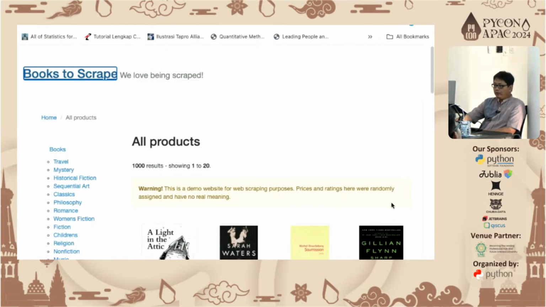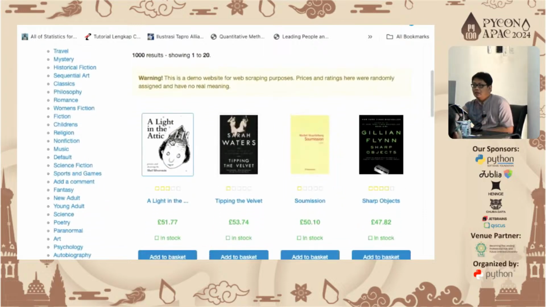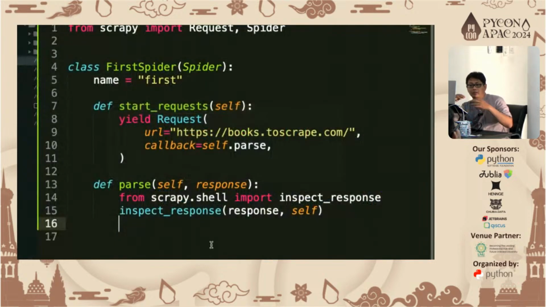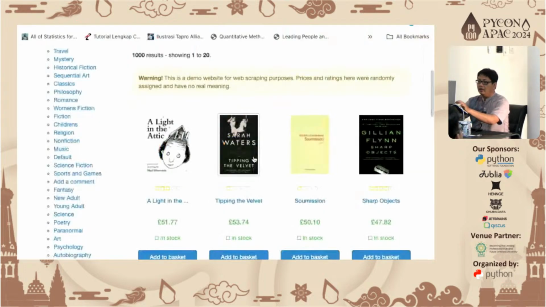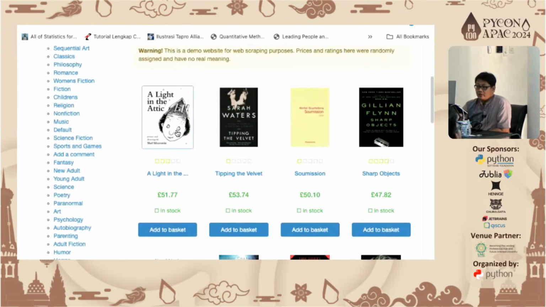So there are 20 books there. The first thing, we already did the web crawling task, right? It is very simple. We just call this URL, and then the second task of web scraping is the extraction task. And for the extraction, if the response that we get is HTML, then we need to analyze the web page,